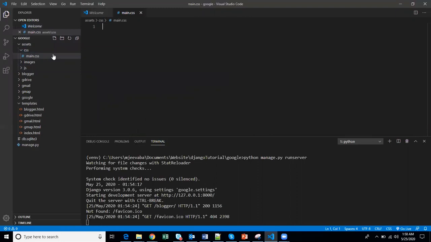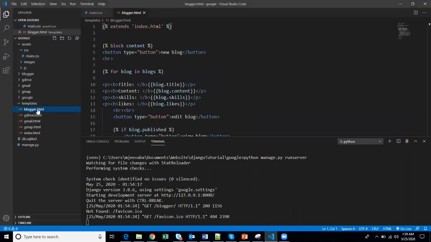I'm not going to explain more about CSS because this is not about CSS and it is UI based. We are not here to learn CSS, but I have copied some code, and I will explain how the container works, and we'll move on. Especially, we are going to handle the Blogger page alone. So I'm going to open the Blogger.